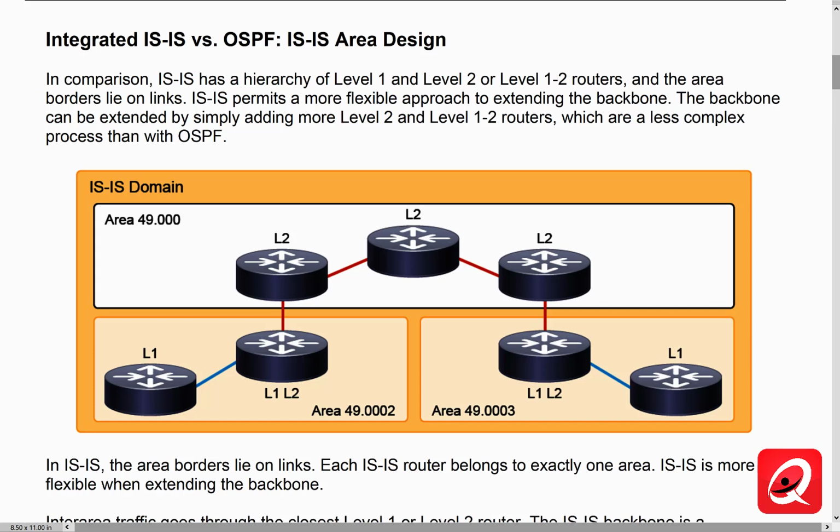So I would say in this particular case that the idea of the backbone in ISIS is somewhat arbitrary. We obviously have to have a contiguous backbone that links all of the areas together, not all the routers together, but at least links all the areas together. But how you decide to do that is entirely up to you, because you can have multiple entry points into